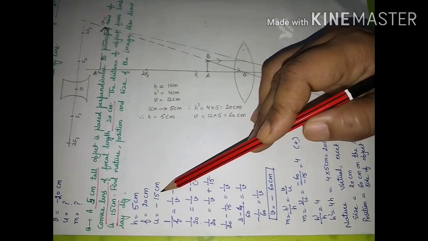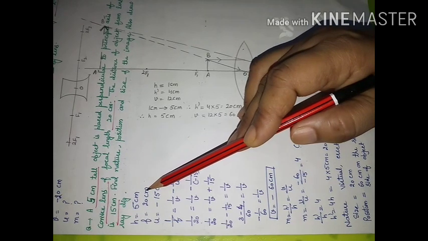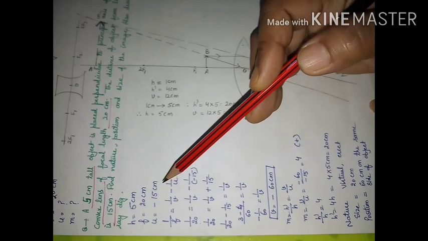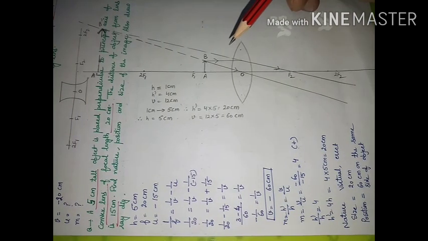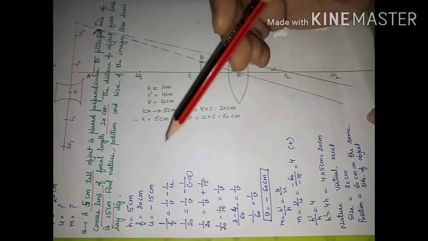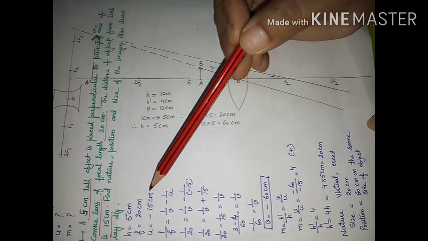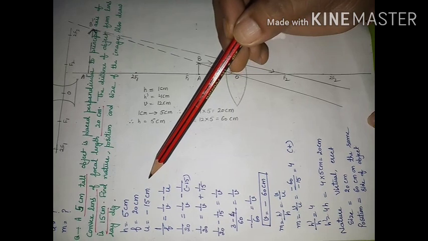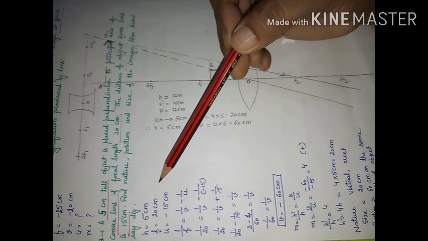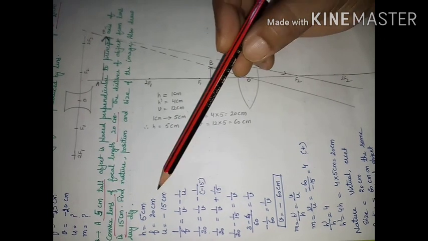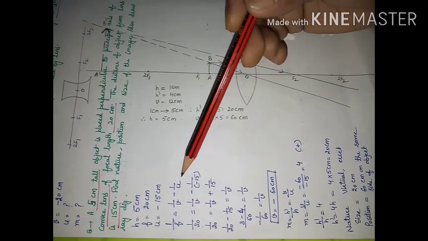So in this case the object is kept between the optical center and the focal length. If ray diagrams are clear in your mind, then it will automatically click that as the object is between the optical center and focus, the image formation will be virtual, erect and large, and it will be formed on the same side where the object is kept. Let us see whether the idea in our mind comes out to be right or not.